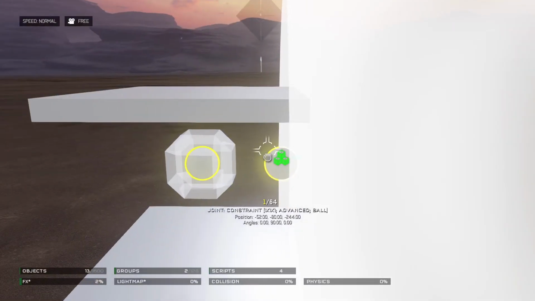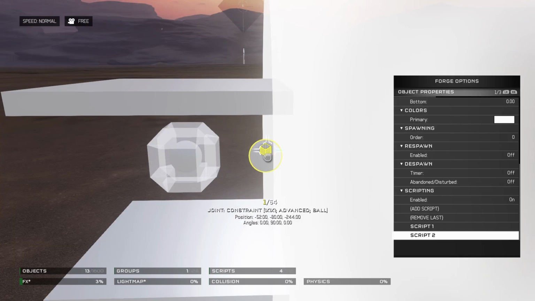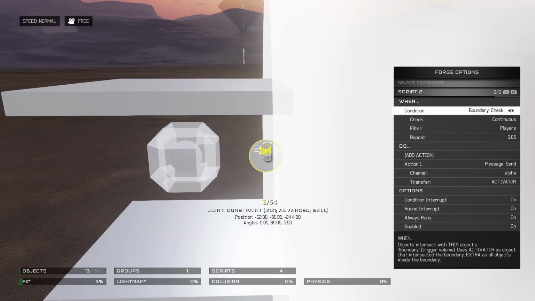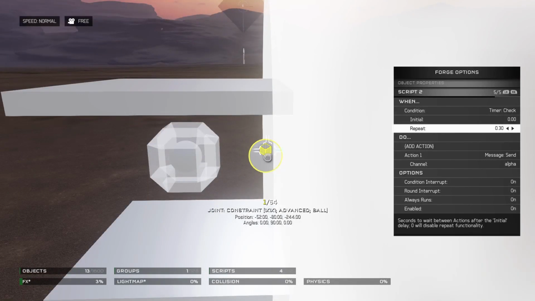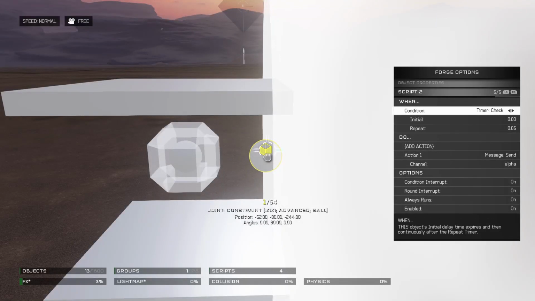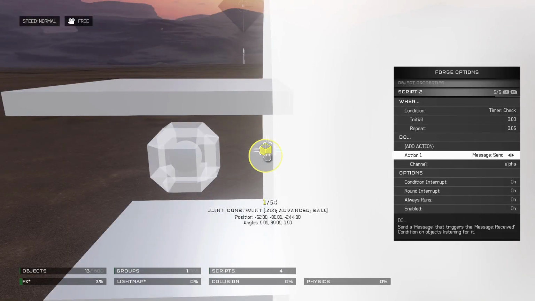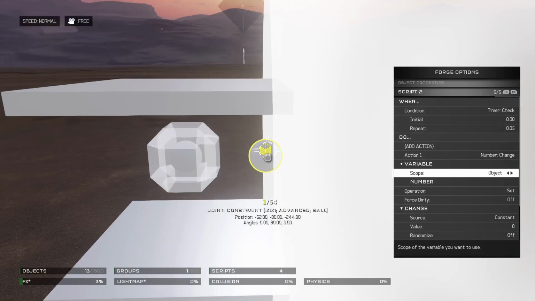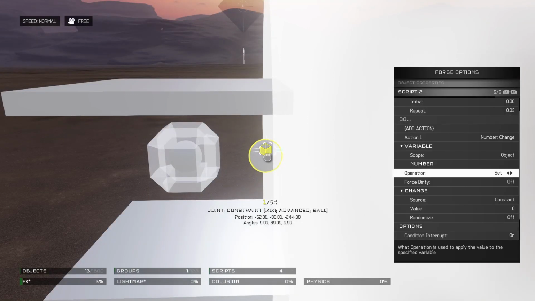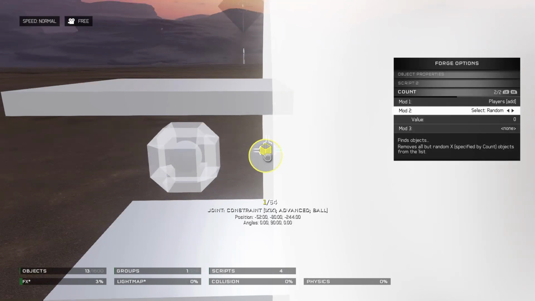So the fix to this is using more complicated scripting. And it doesn't make sense, but it's just the way it is. So instead of doing a boundary check, we're gonna do a timer, which you can replace with a message that gets sent on a timer. It doesn't matter, but we're gonna do timer check, and we're gonna set the number of this object, and we're gonna force 30, and I'll explain that in a second, to the object count of players,